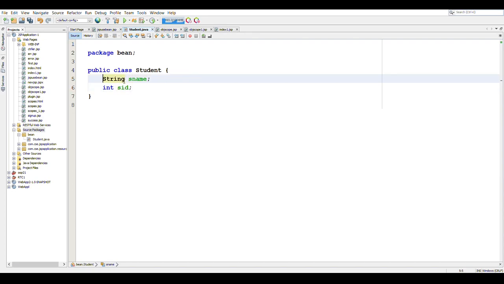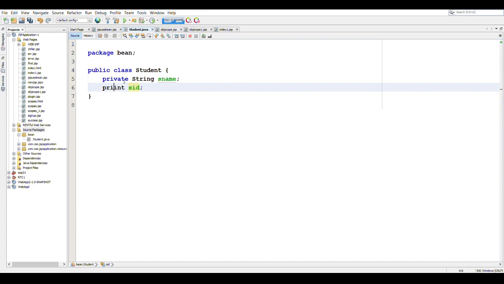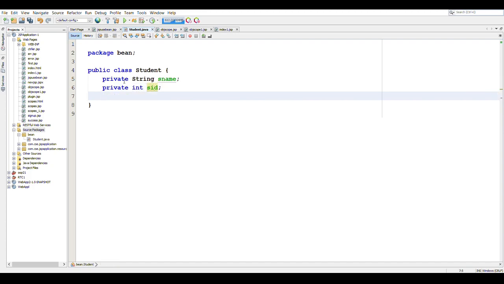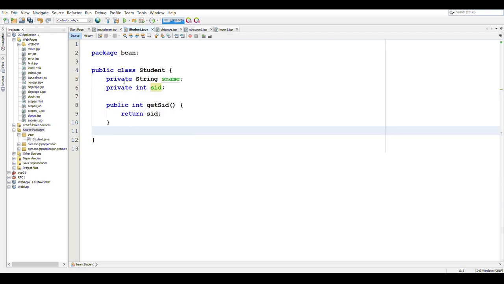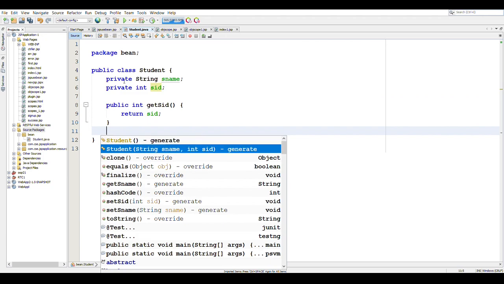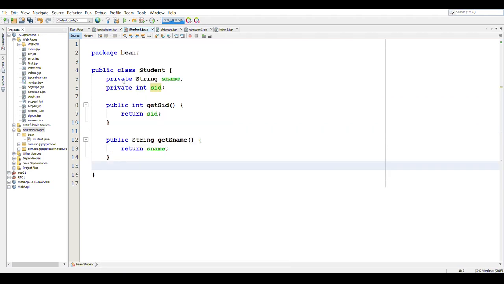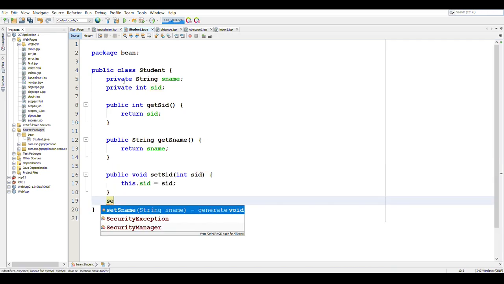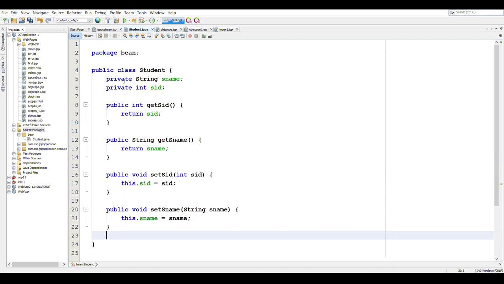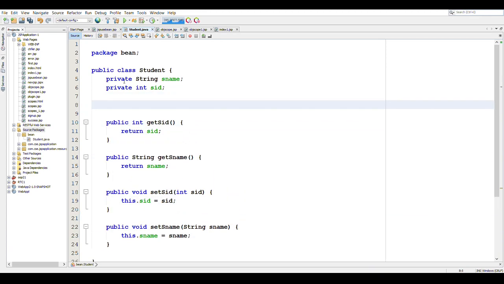For this class to be a Java Bean, we have to keep these two data members private, and we will also generate getters and setters for them. So we'll create getSid, getSname, as well as setSid and setSname.